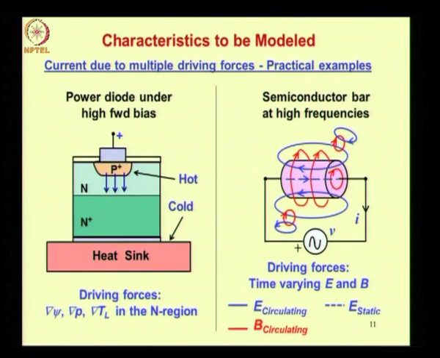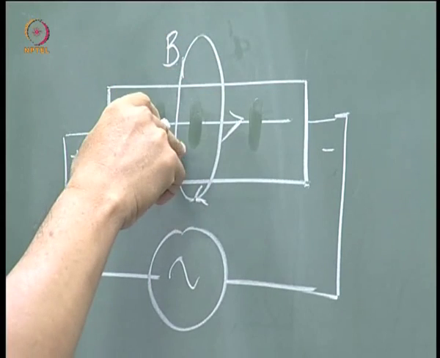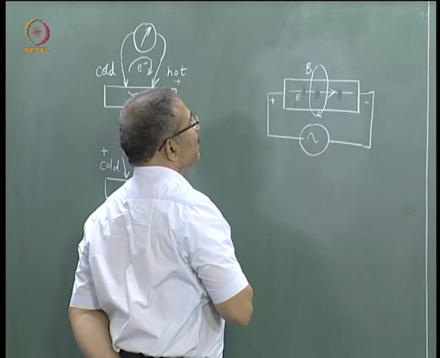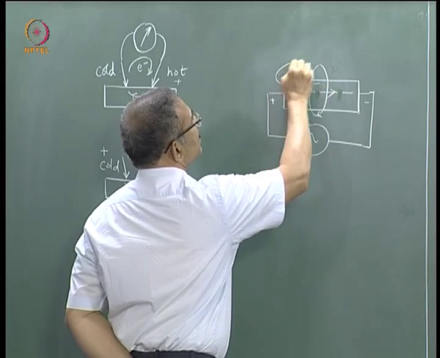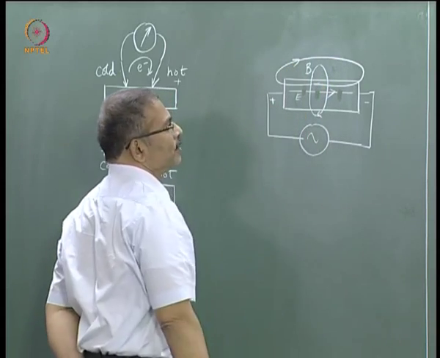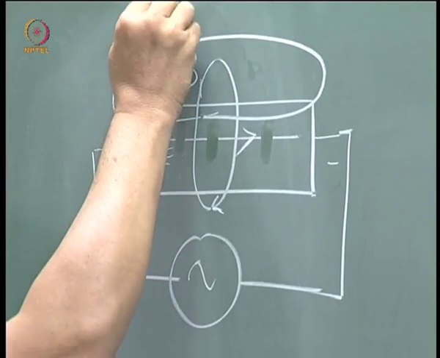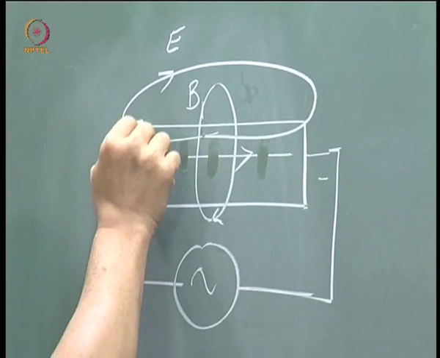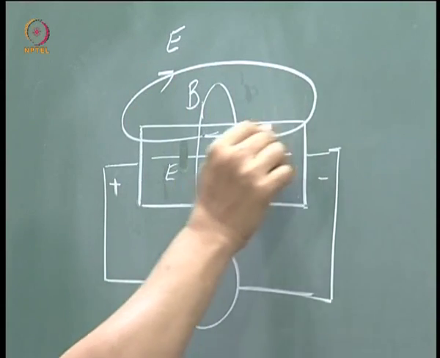But as you raise the frequency, what happens is, around the changing magnetic field, a changing electric field is set up. So that is shown by, in fact, circulating arrows like this. So this is a changing electric field E. So as against this field, which is an electric field because of static charges, positive charge at the left end and negative charge at the right end, this is a circulating electric field.